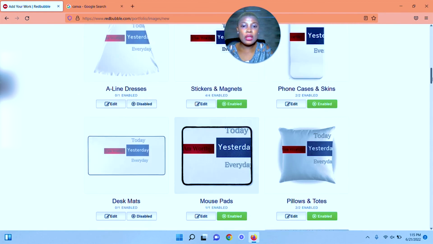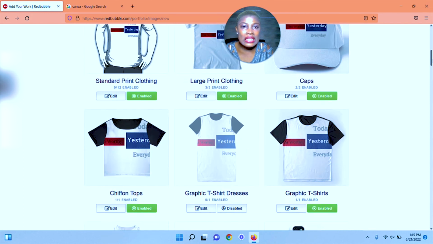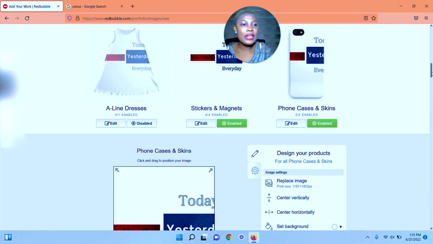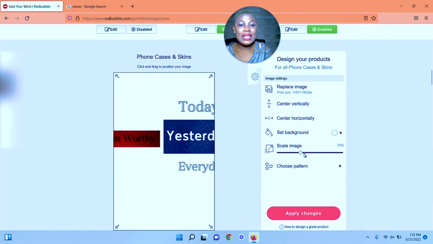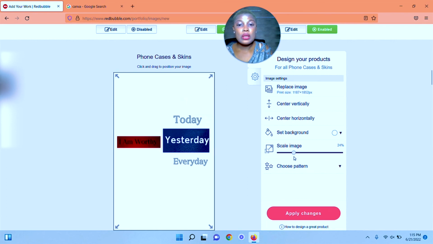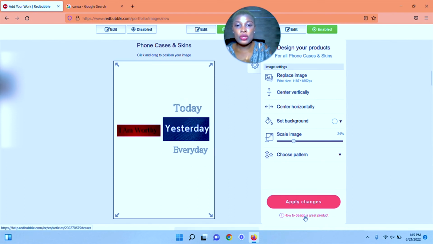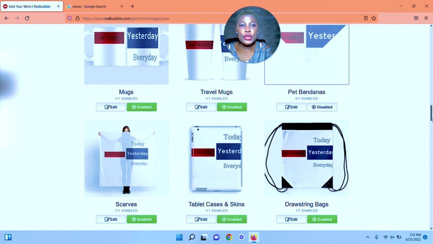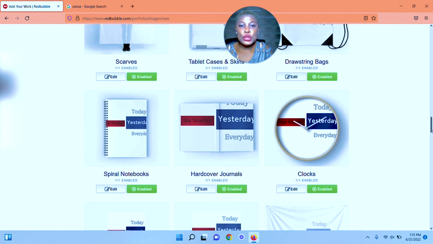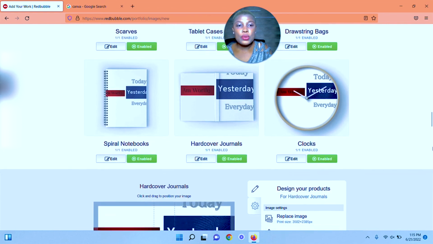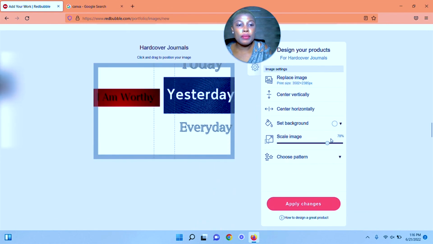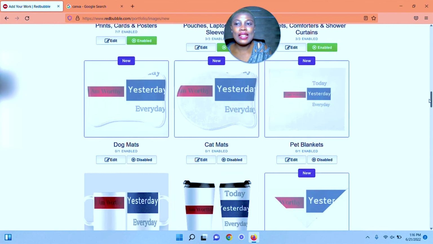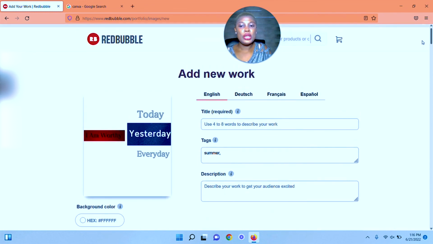And here you can see how these designs come out. They are coming out as different things. All right. One thing again about Redbubble is that you have to do some of the redesigning by yourself. Like this is out of scale, so I've scaled it down and I'm going to apply the changes. All right, so you look through to make sure that your design looks the way that you want it to look. So you look at this one, for instance. No, it's out of focus. You can bring it in, all right, and apply the changes. So I did that with this design, and you can see that this really, really rocks.